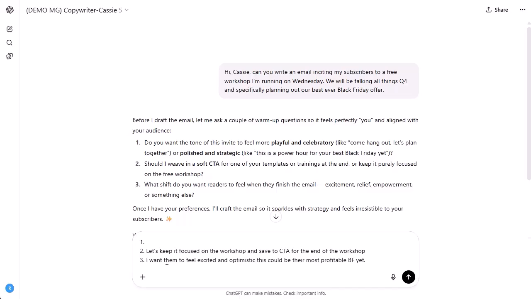that this could be their most profitable Black Friday yet. The thing that I've left blank so far is whether I want it to be playful and celebratory or polished and strategic. And so I'm going to show you how we can use branch discussion threads to get both answers without sacrificing the length of the conversation, how easy it is to go through it and weed through it, and without sacrificing